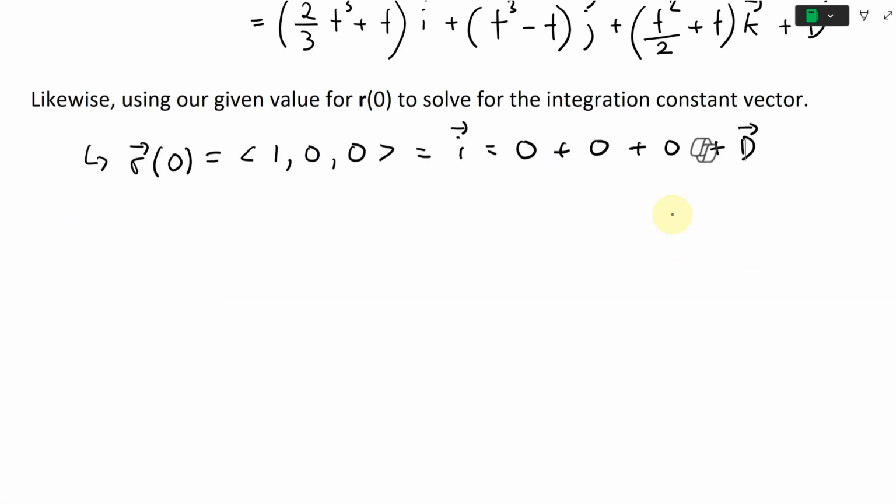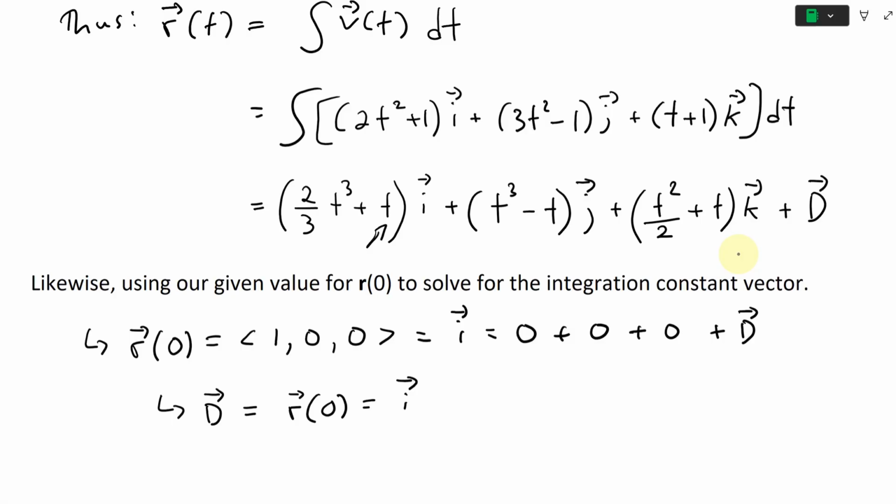So again, notice what happens. The d vector is equal to just the initial position vector, r of 0, which equals i, like that. So then we just add i to this one here. So all we do is add a 1 there. So thus,